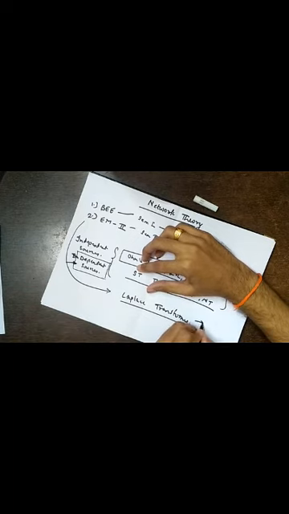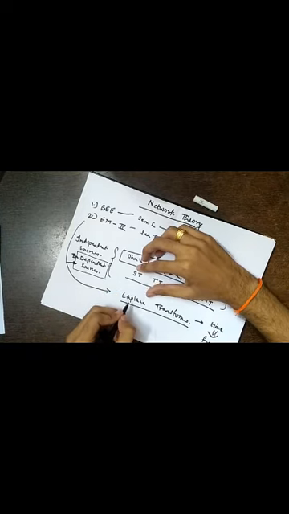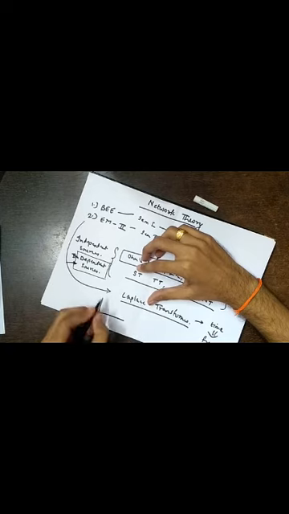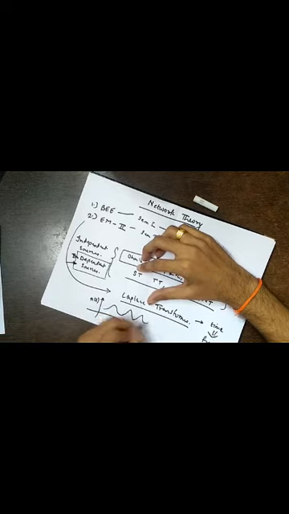Why are they essential? Because they can convert an entity from time domain to frequency domain. Why do we have to go from time domain to frequency domain? The reason is very simple. If I have a signal, let's say a sinusoidal signal, in time domain, this is t, this is x of t, and it is continuously changing with time. If I take a transform of this, something called the Fourier transform, which you will study further, then this goes into frequency domain. This becomes x of f or x of omega. We get two peaks only.